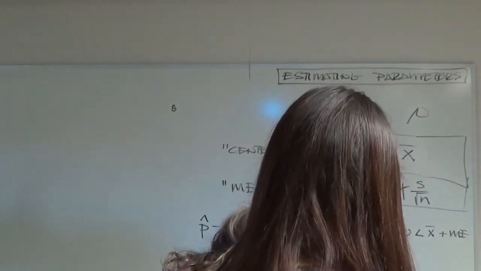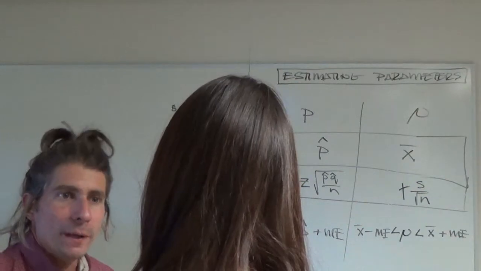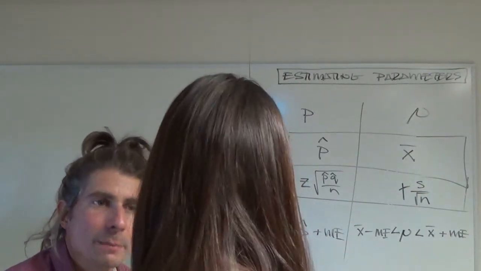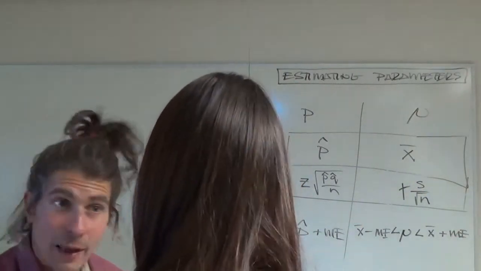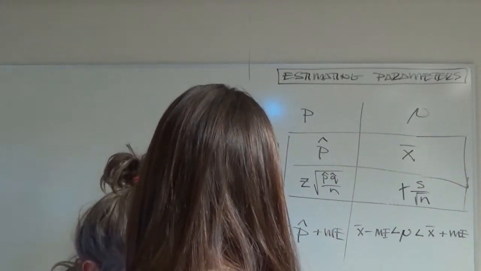I don't understand how I'm supposed to use 50% in the why or why not. Okay, here's the deal. He wants to know if the majority support it. Now, what is the majority? More than 50%. That's the definition of majority. More than half. How do we know more than half support it?